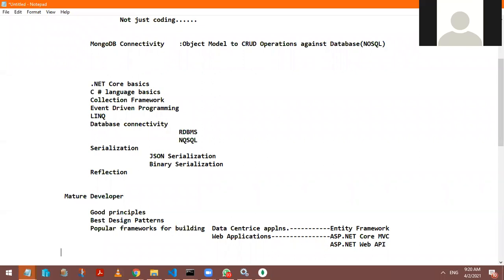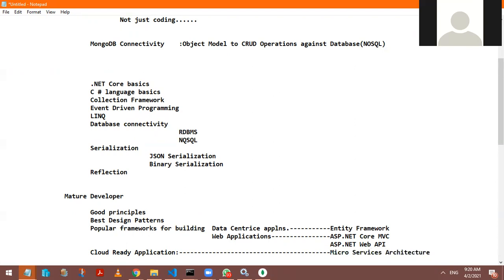And if you like to make your application a cloud ready application, then you can focus on microservices architecture.